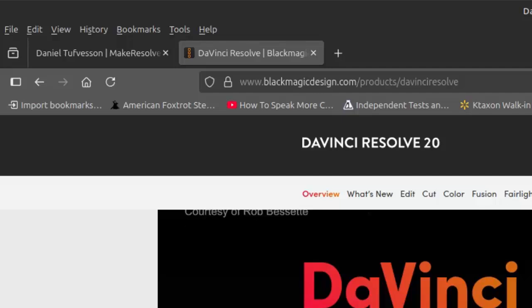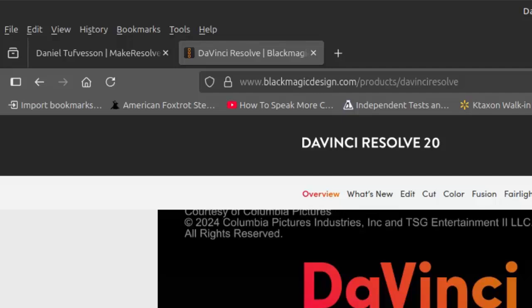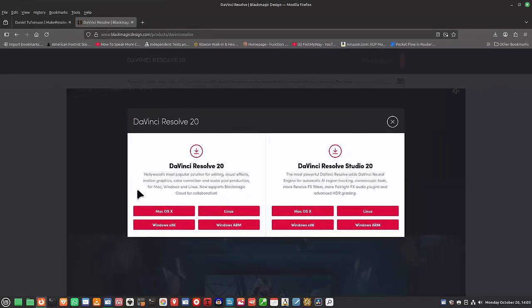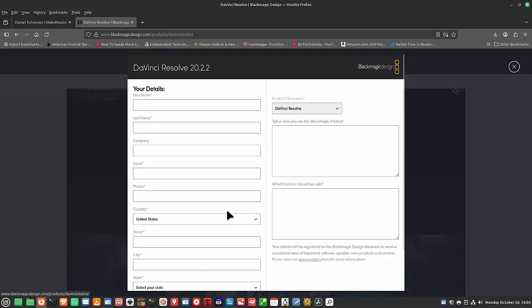As you may know, DaVinci Resolve 20 comes in two forms. You've got the free version right here, and you have the purchase version here. The free version does up to 4K video, so there's no reason to go this route unless you're running a business. So when you download this thing, you'll find that the Linux version,